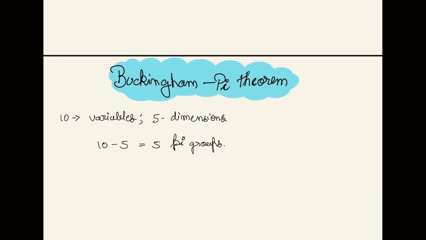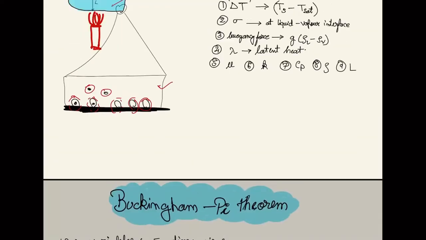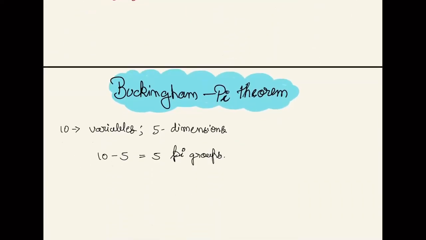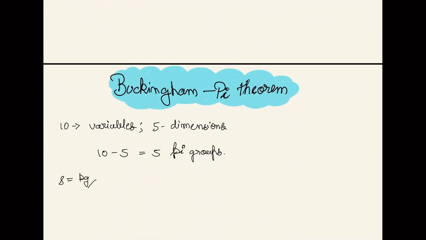What you do is you take every variable, say rho. The unit of rho is kg per meter cube, then you can write it as M1 L minus 3. Then you select any 5 of them, raise them to the power a, b, c, d, e, and now you need to find the values of a, b, c, d, e such that it is a non-dimensional thing. You typically solve it, and you get the 5 non-dimensional terms.